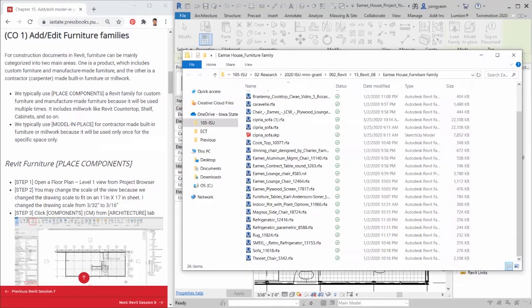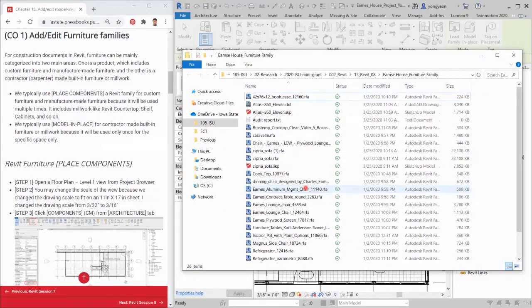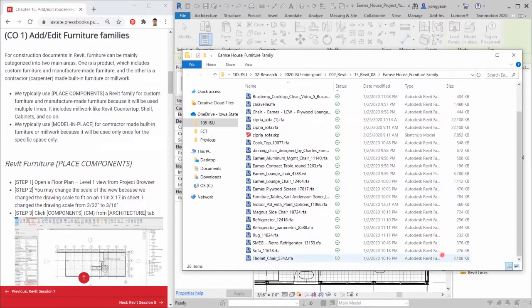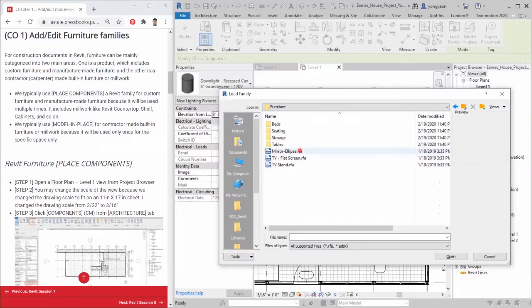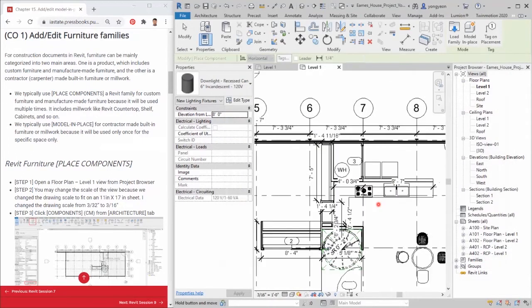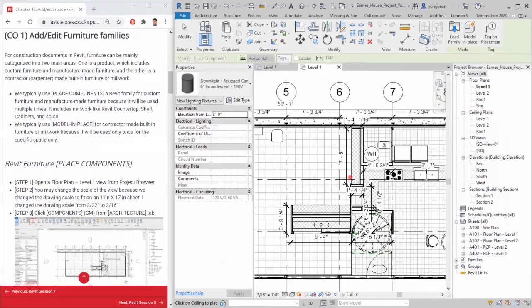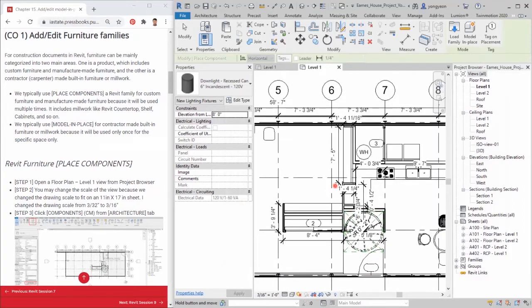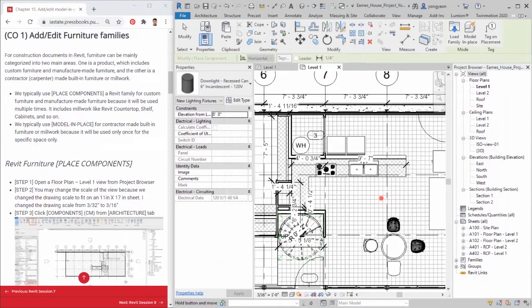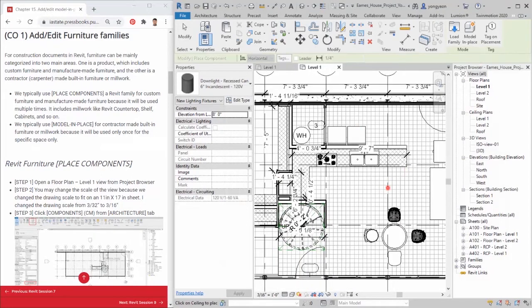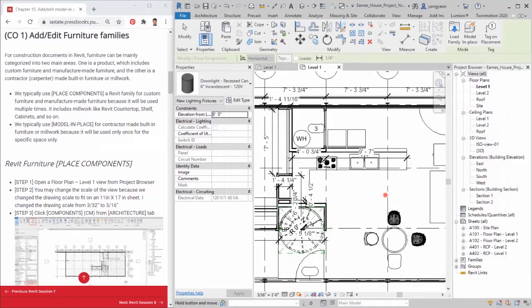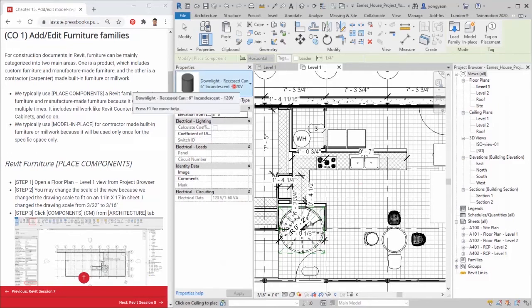Tips. For your floor plan, you do not need to find the exact furniture that you want to use. You may use the Revit furniture family for your floor plan as a placeholder. Do not waste time to add all objects, like books, decorative pieces for perspectives, that are not showing on your floor plan. For your perspective views and renderings, you would be better to find the most accurate Revit family file. If you cannot find the Revit family file, find the SketchUp file and use it for your rendering.